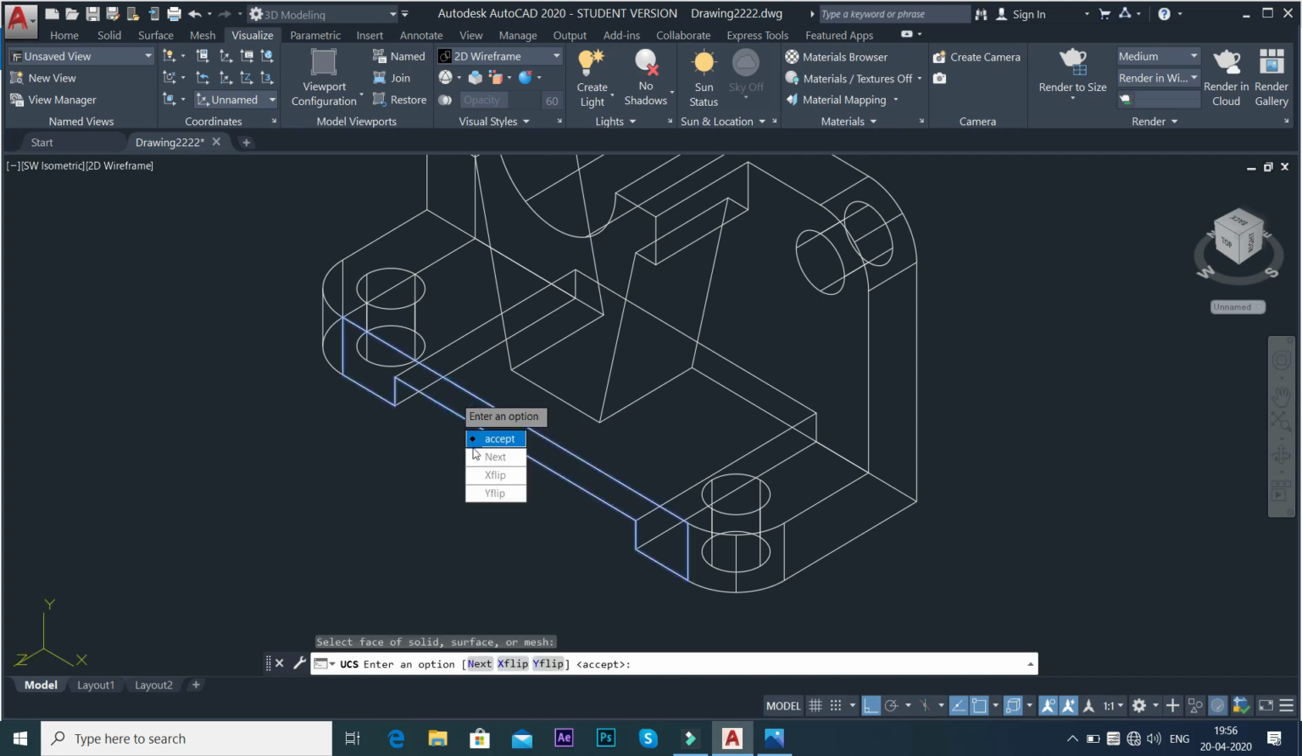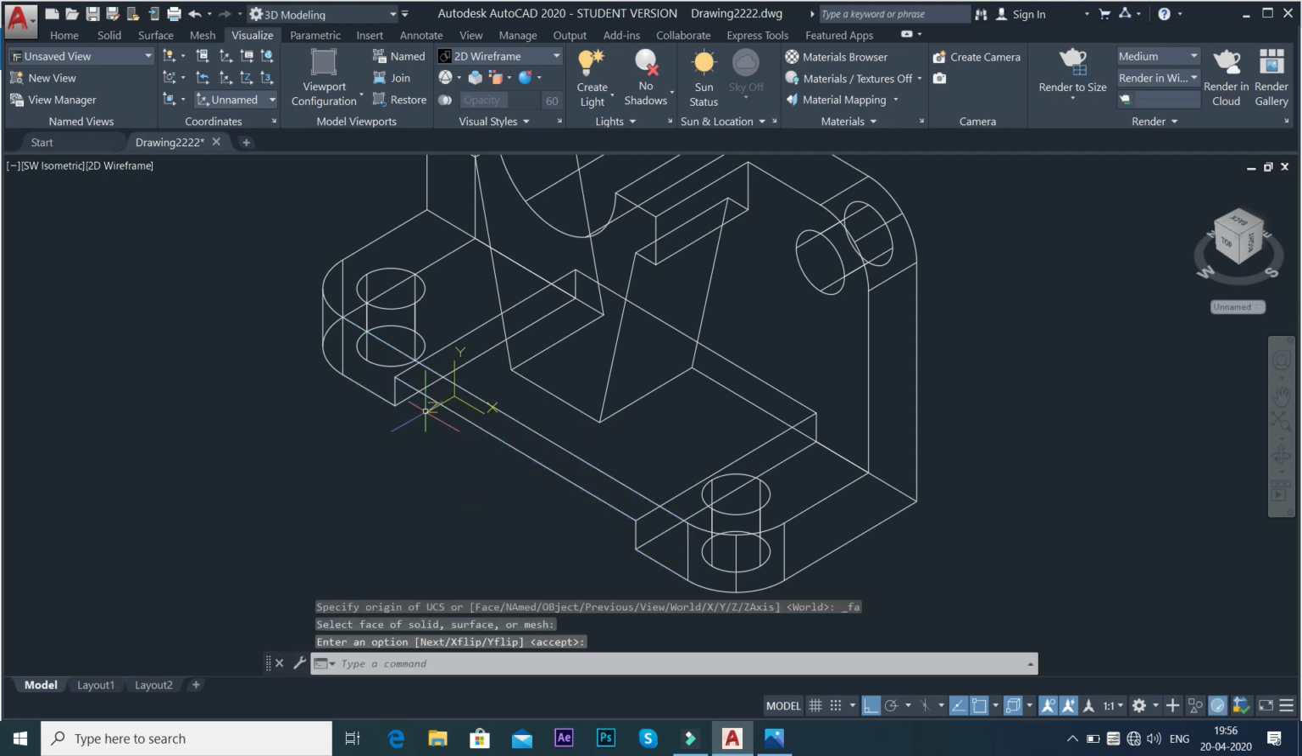So I will click on this, and as you can see, accept. I'll click on accept, and as you can see that X and Y axis has been properly aligned. Okay, so now I will go for the dimensioning. For dimensioning you have to go to this annotate tab,